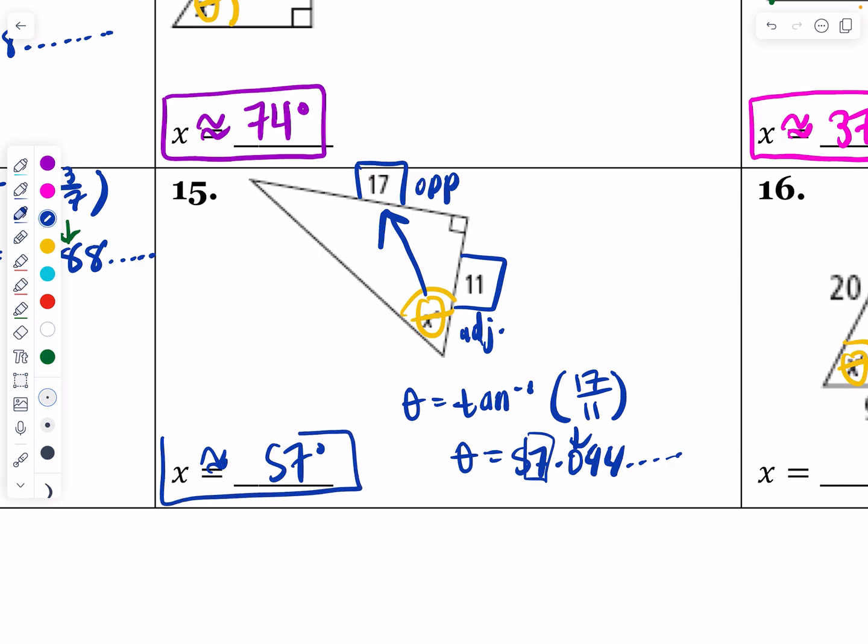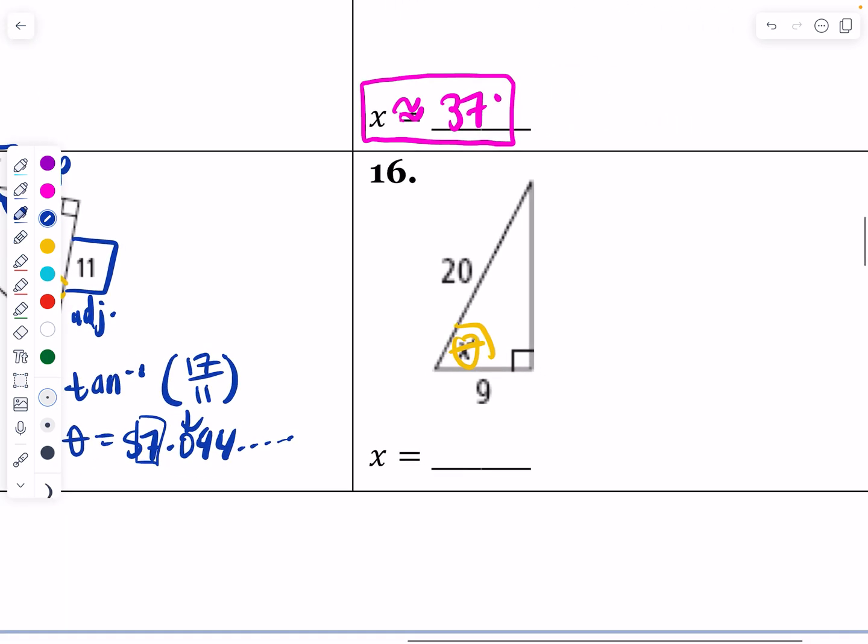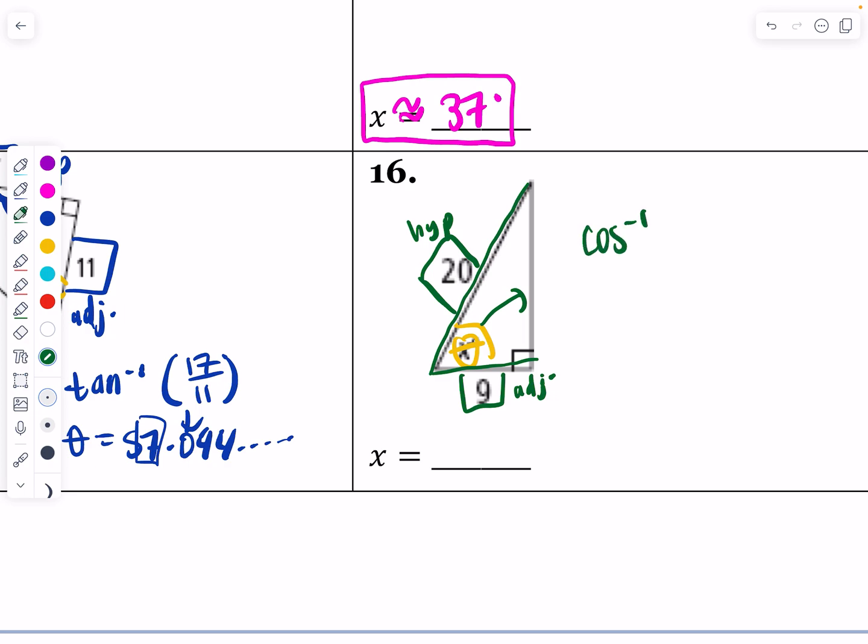About 57. Okay. All right, and then this one, again, this is a crocodile's mouth. You can kind of see it frames this 9 and this 20 frame that angle. And so that's going to be my adjacent and my hypotenuse, because my opposite is not listed. That is going to be some inverse cosine of adjacent, the smaller piece, 9 over the hypotenuse, 20. So that is what theta is going to be equal to. Inverse cosine of 9 divided by 20, and that is going to give me